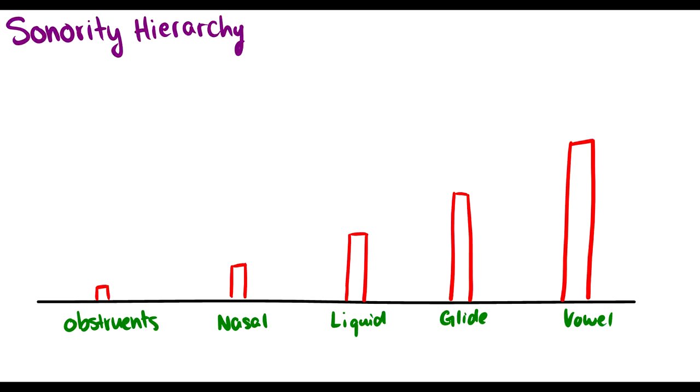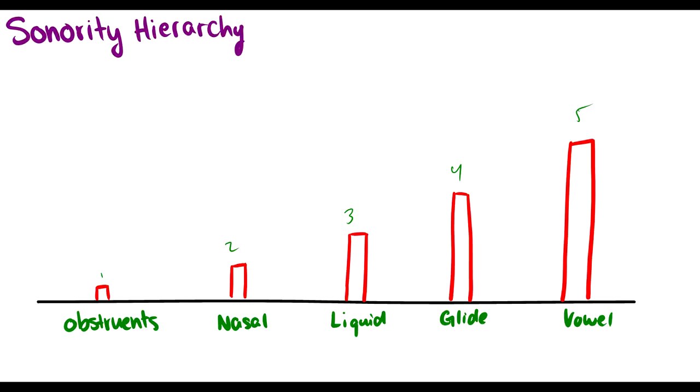So, next part, sonority hierarchy. This is very important for syllables, because the way syllables are built are based around the sonority hierarchy. Basically, we give 5 points to different classes: obstruents, nasals, liquids, glides, and vowels. Obstruents have 1 point, nasals have 2, liquids have 3, glides have 4, vowels have 5. So what are obstruents? These are the consonants s, z, sh, t, p, g, zh, ch. A bunch of those consonants. Nasals, of course,